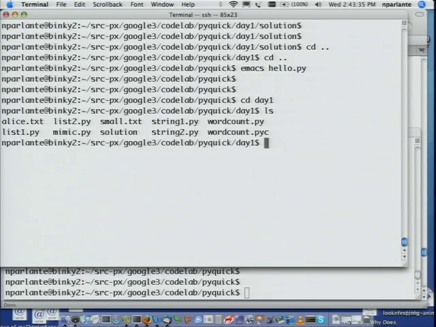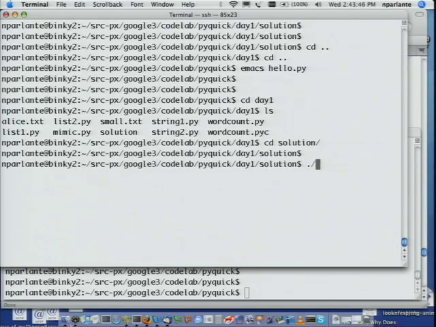And I'm going to demonstrate very quickly a second exercise, which you could do if you just felt like you wanted more practice. But word count's the one I want everyone to work on. So I'm going to go down to my solution directory so I can actually demo it working. So what word count does is